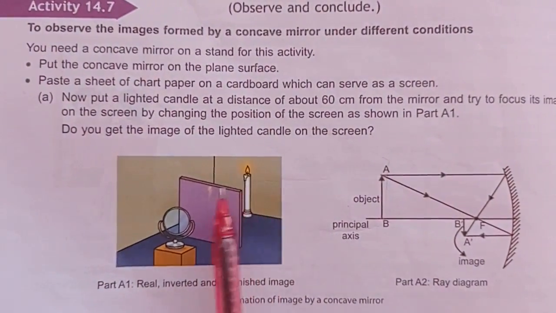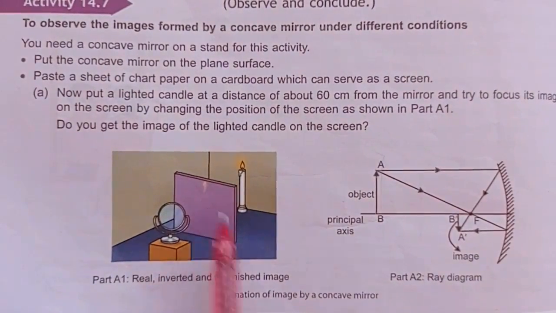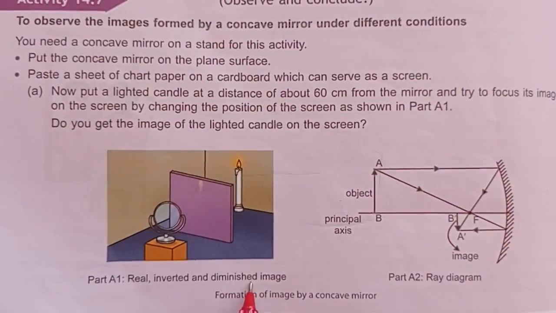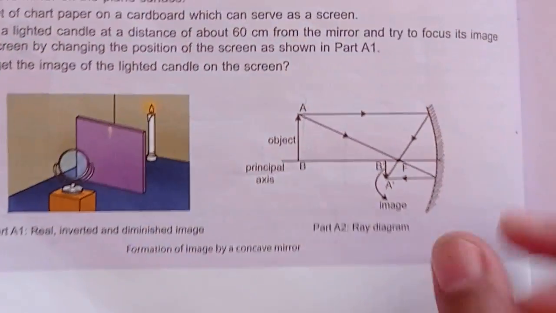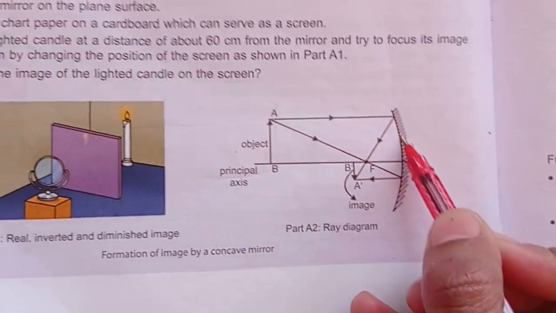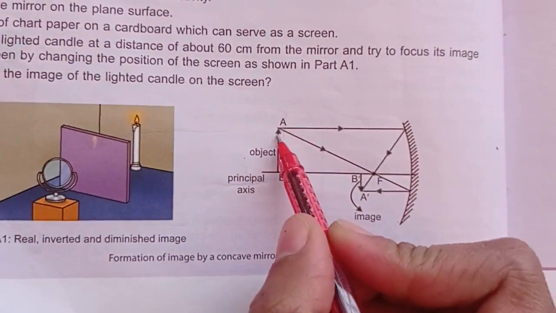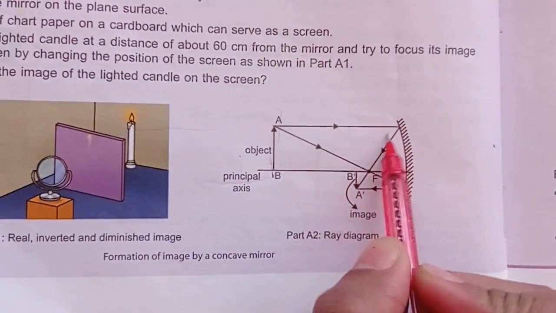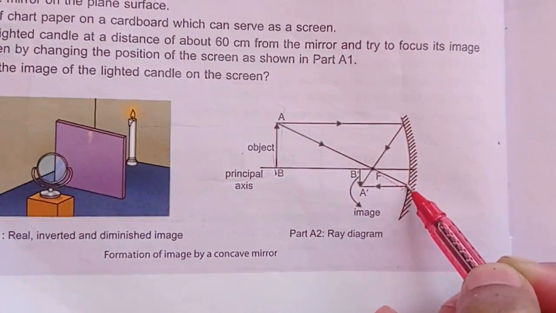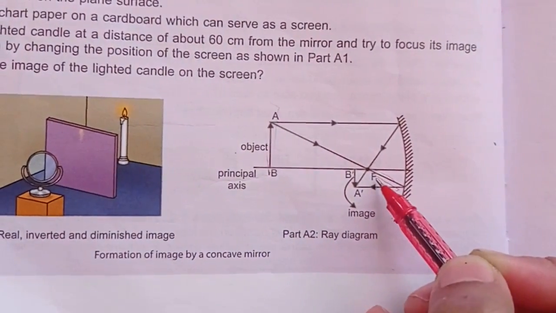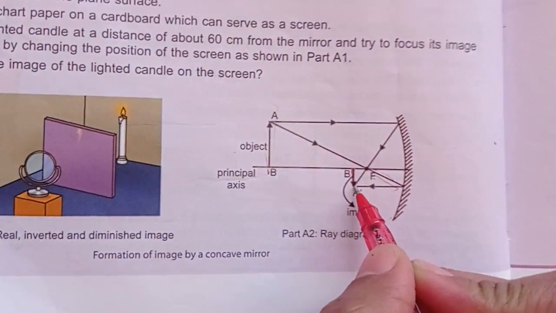तो how we are looking here, the image would be real, it is उल्टा मतलब inverted है, right, and diminished मतलब बहुत छोटी image आपको मिलेगी. तो कैसे होगा यहाँ पे? So here concave mirror is there. Here we have put the object, so from this object the light is going to pass. Now these two rays are going to meet at a single point, that is F. So here this much size of image would be formed.